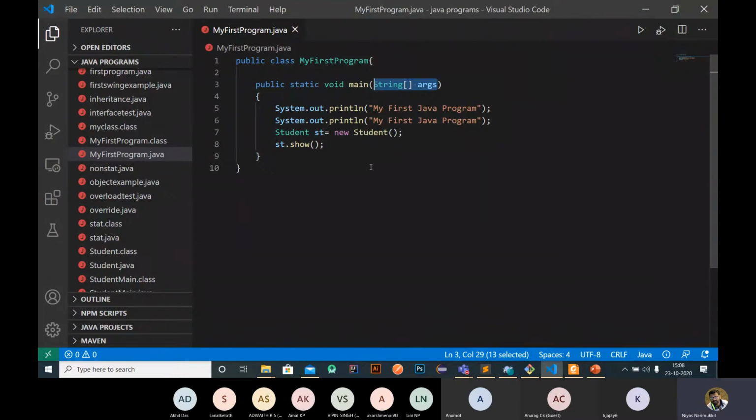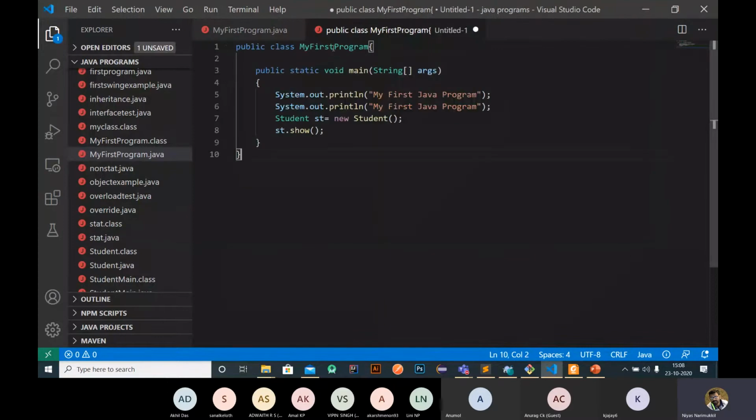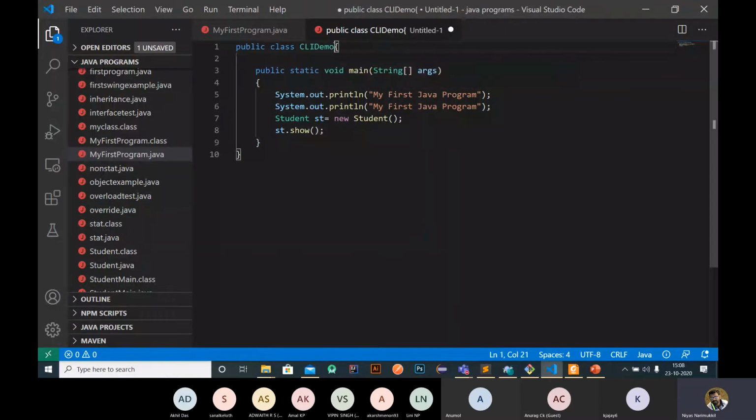I will show you with the help of another program. I just create a new program here and change the class name to CLI demo.